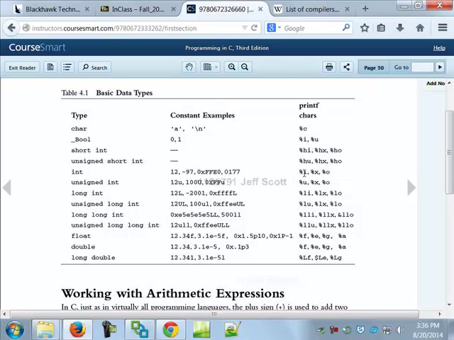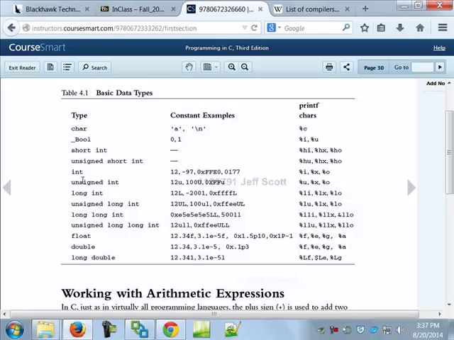All right. Integer, int. And again, if you want to work with hex or in regular, he uses I see D much more than I do. Unsigned int. What's the difference between an int and an unsigned int? Int will cover like negative 32,768 to positive 32,767, something like that.